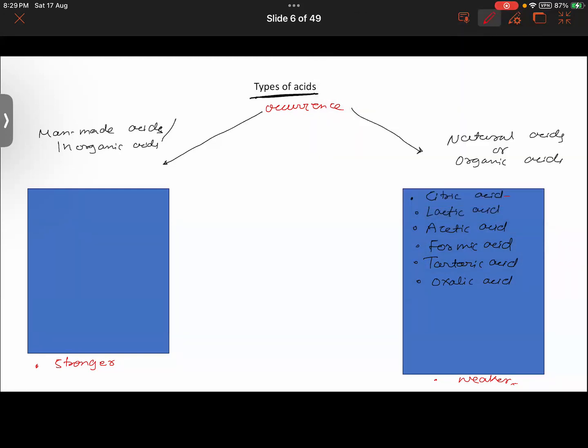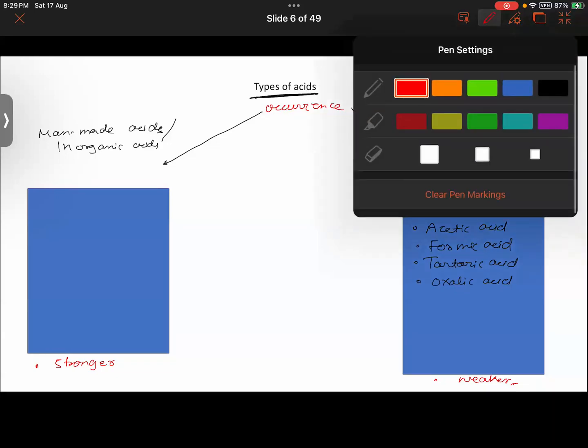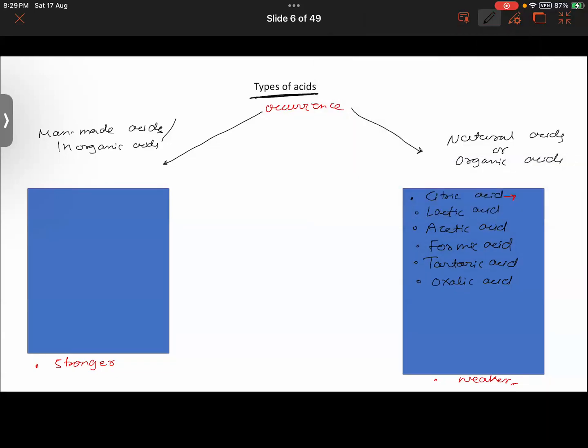Yes, citric acid. What was the example I gave? Any one of you? It will be found in citrus fruits such as oranges. Okay, no? Oranges or lemons. Lactic acid, it is found in? Yes, come on. In the curd, it is found. Acetic acid, I gave the example of? Yes, vinegar. Remember,